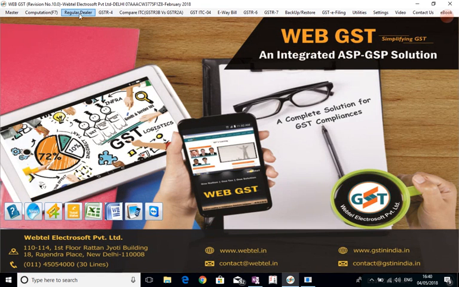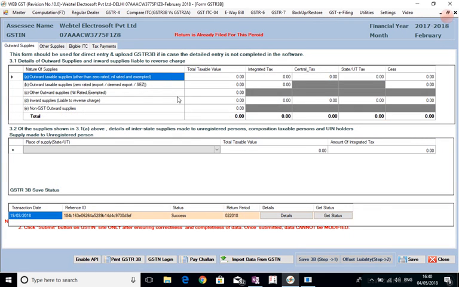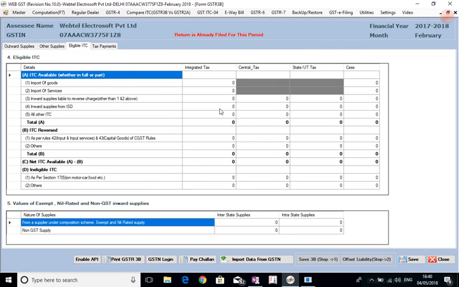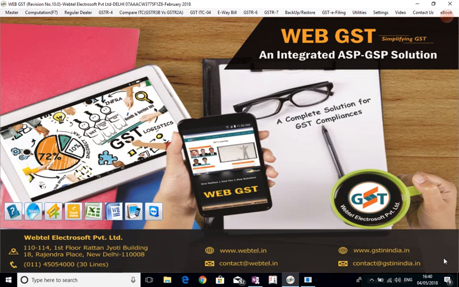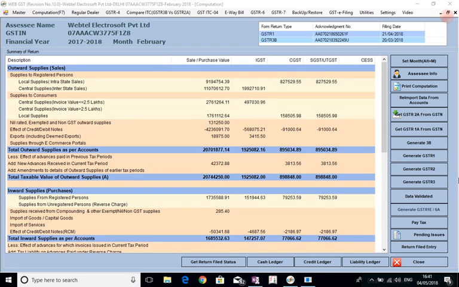But if sometimes you do not have the complete data and you want to only file GSTR 3B using the summary information, then also that facility is available. Here you can directly make entries in this form. Here also, without going into the details, because sometimes they may not be available, they may not be handy. In that case, you can just punch in the data here and you can upload the return GSTR 3B from here itself. Coming back to the computation, similarly, when other returns are there to be filed, we can file the other returns also from here. Another very important thing is to get the